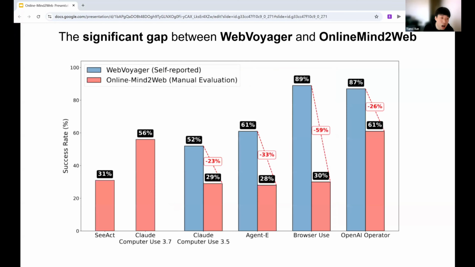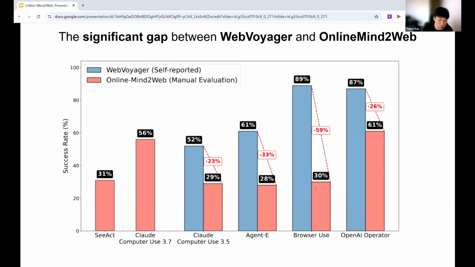Building on our dataset, we conduct the first comprehensive and rigorous evaluation of several state-of-the-art agents. We evaluate 6 popular web agents, including Operator and Claude 3.7, and we evaluate the results manually. We can see in the figure here that there is a huge gap between Online-Mind2Web and the popular, widely adopted WebVoyager.